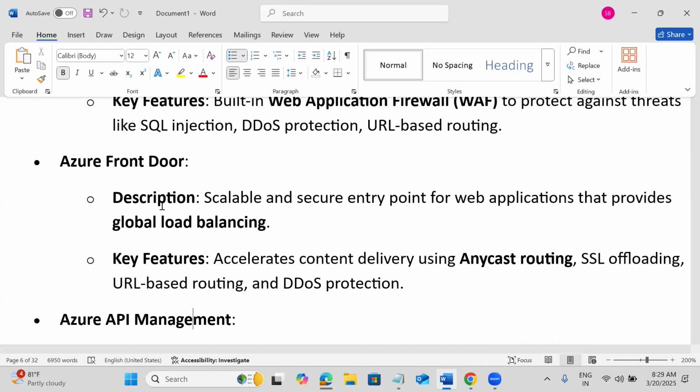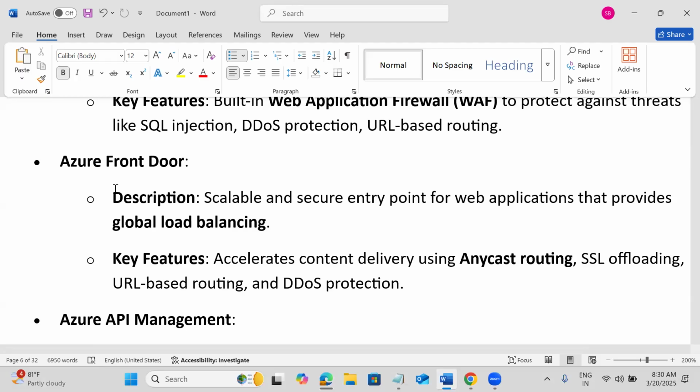So globally, all over the globe, whenever users access the application, Front Door integrated with the CDN accelerates the content delivery. That means it optimizes the content delivery from the nearest CDN based on the user request. If the user accesses from the US, it will automatically deliver the content from the nearest US edge location.